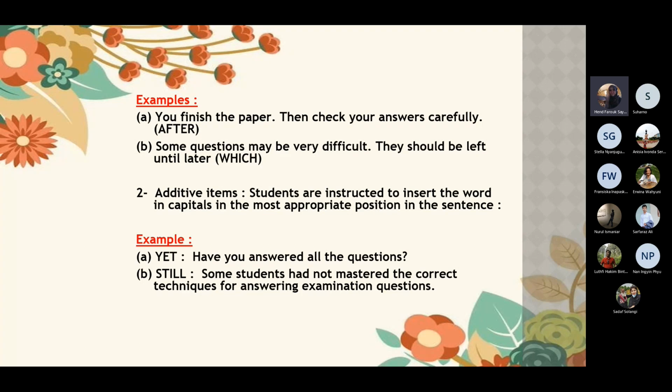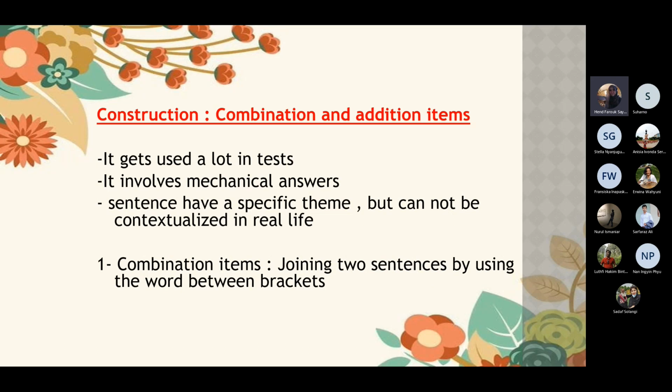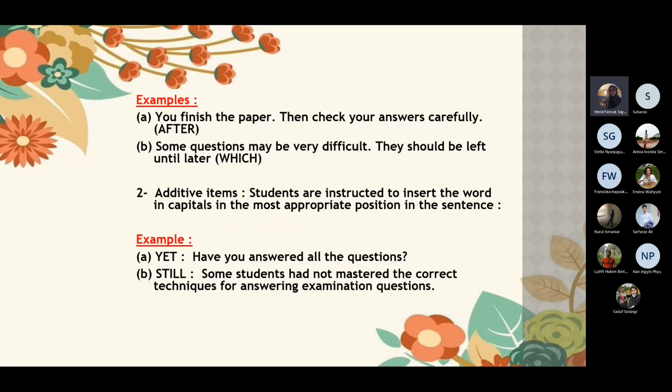The second one is going to be additive items. So the first one was combination items, by joining both of them using words in brackets, and the second one is adding items. Students are instructed to insert a word in capitals in the most appropriate position in the sentence. Example for that, yet: have you answered all the questions? So of course we would make use of the word yet in the end of the sentence. It's going to be, have you answered all the questions